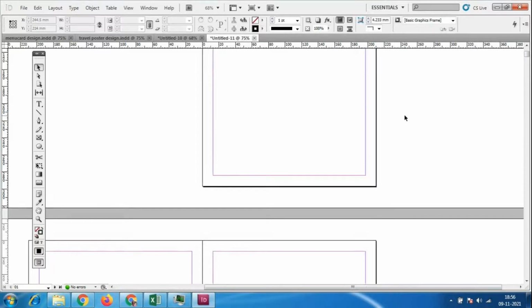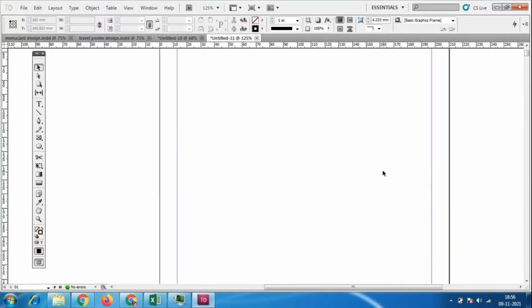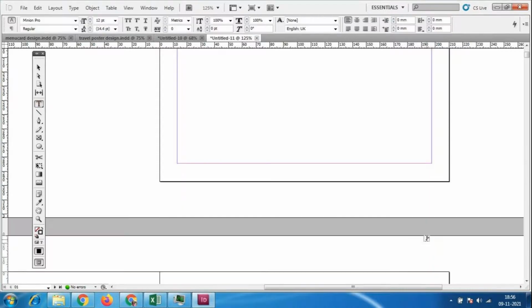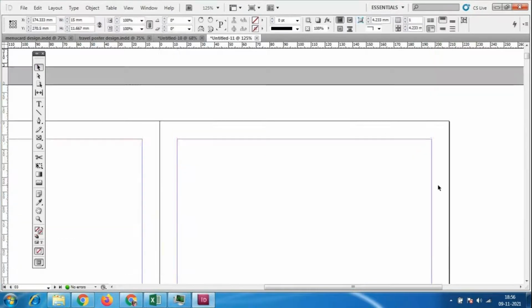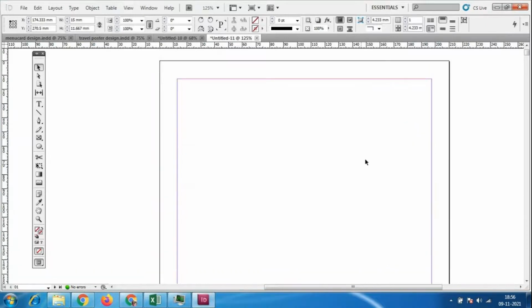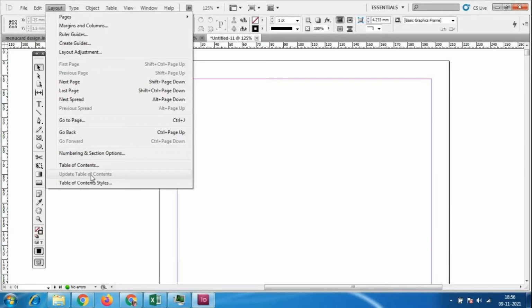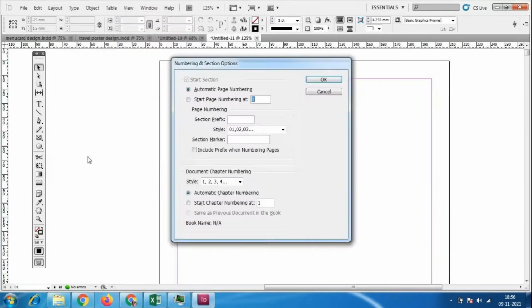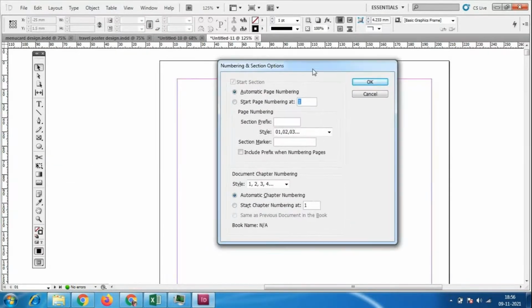Which is not visible. Let me type the text. Section marker.